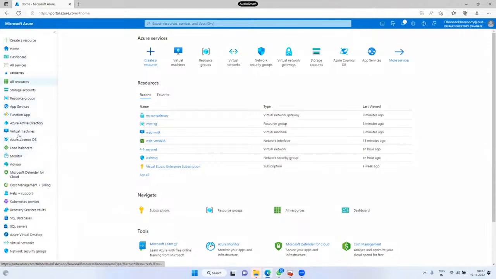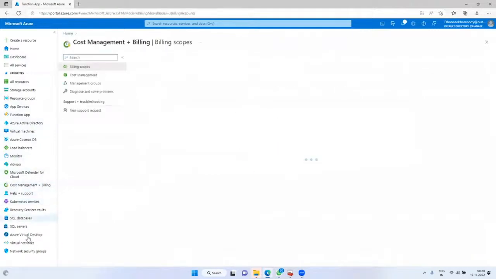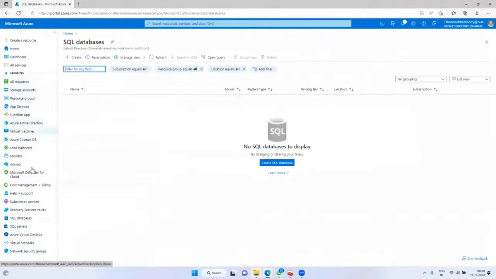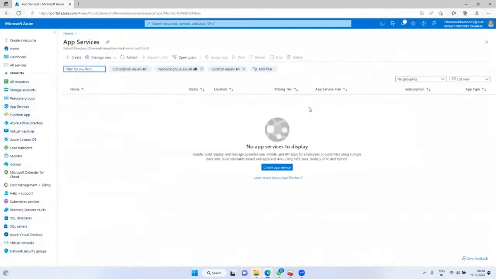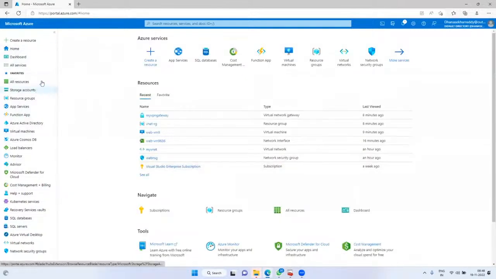I place it permanently on the left side so that if I would like to create any service quickly, I can navigate to it. Frequently used services I can pin to the left side menu, then quickly navigate and create them. Microsoft provides around 200 plus services in Azure.